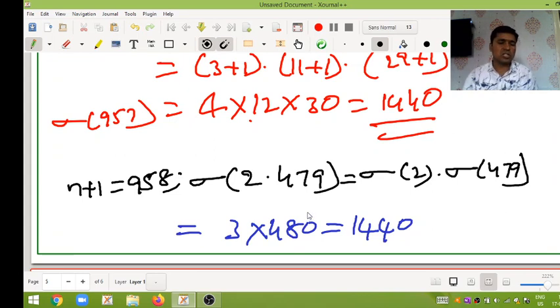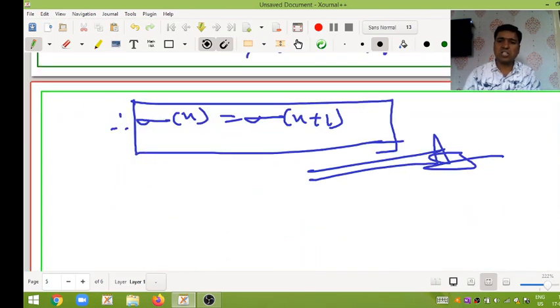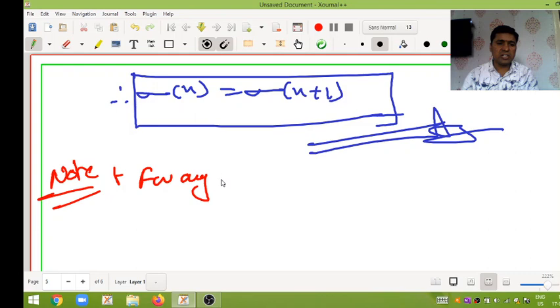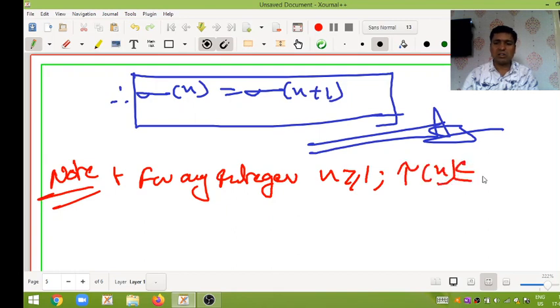Before going to the next question, one small note. After that, we want to discuss the question. So, one small note. See here, by observing this one, for any integer n greater than or equal to 1, tau of n is less than or equal to 2 root n, my dear students.